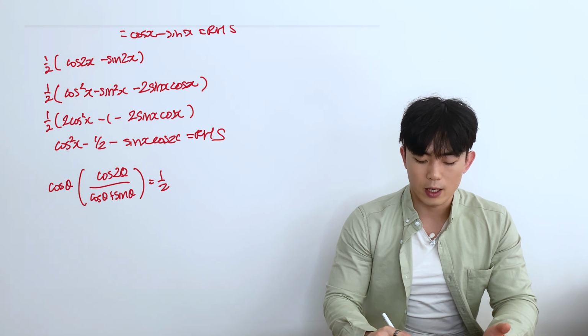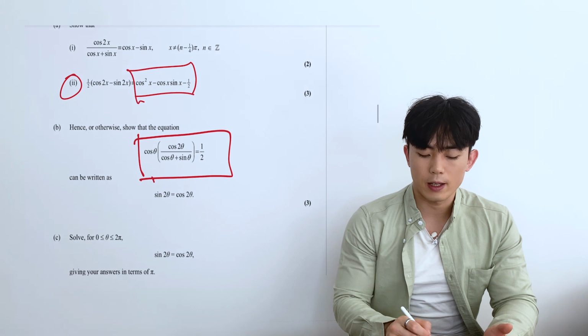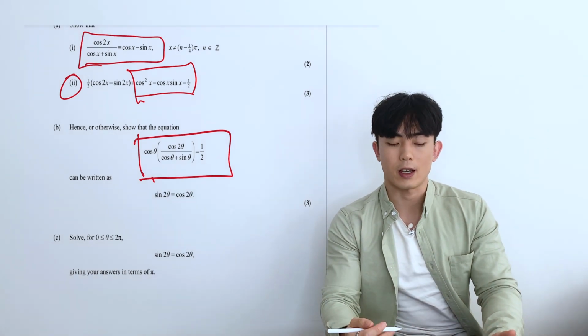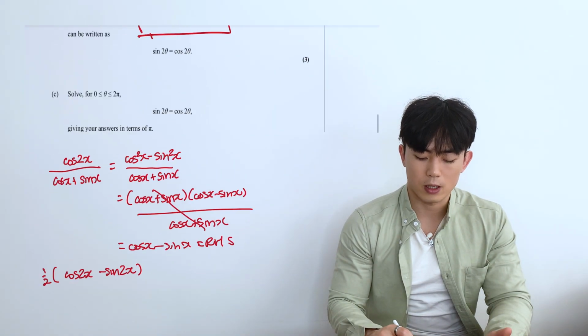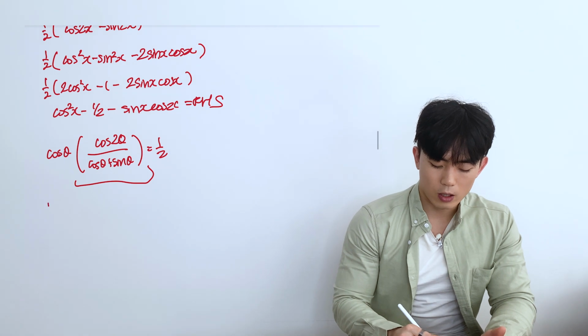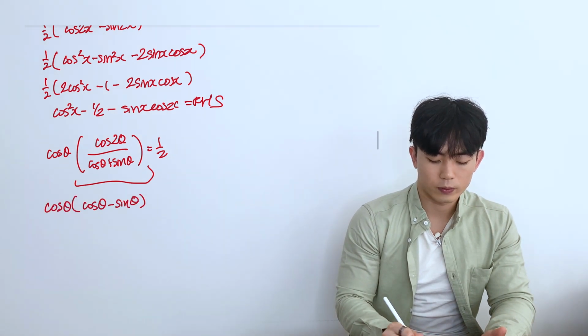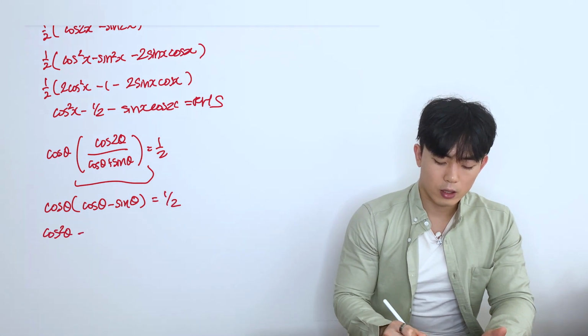And so what you can see is, well, this term here, the bracket here, it's very similar, or actually it's in fact the same thing as the left-hand side of this first part here. It's just theta is x. So I can replace this left-hand side with the right-hand side, cos x minus sine x. So I can say it's cos theta, and then we have cos theta minus sine theta is equal to a half. I can expand this